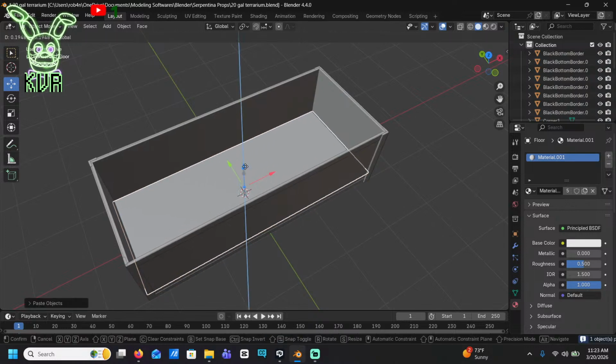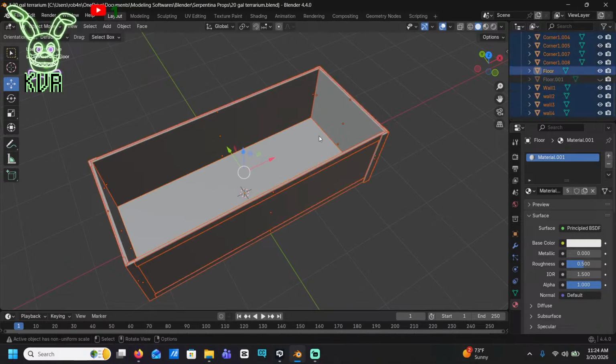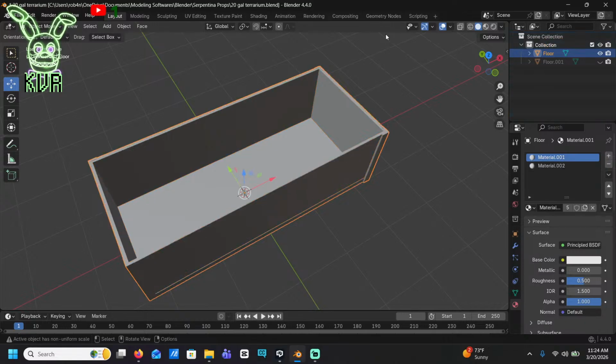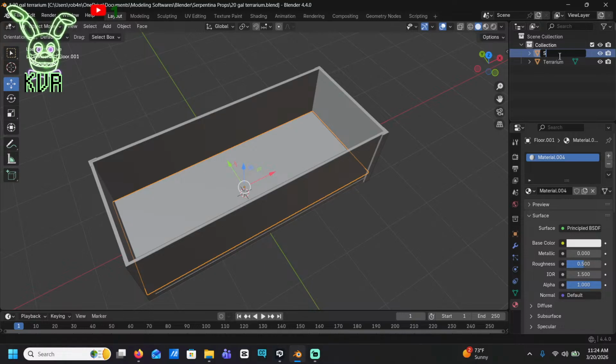Okay. Now, quick, hide it. Okay, now I can select all. And that's hidden, so it's no longer... Okay. Control J. There. Now turn this back on. Okay. Substrate.